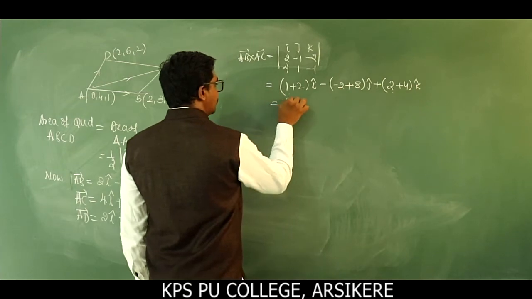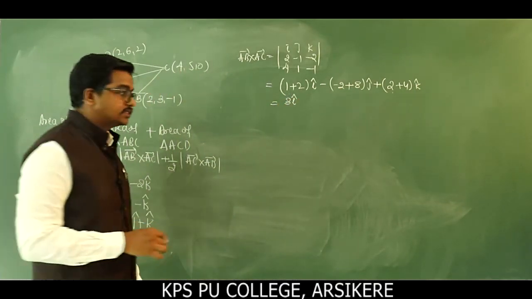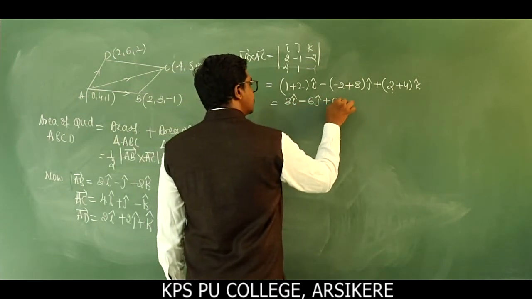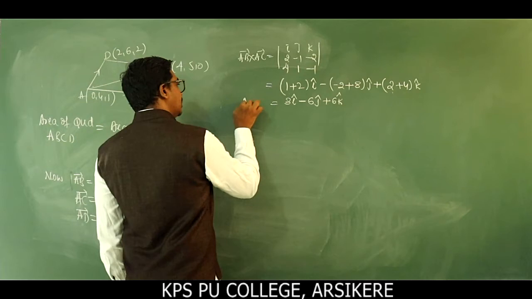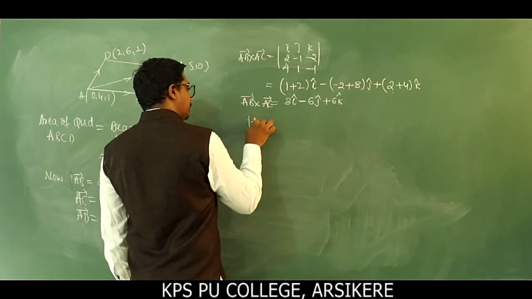So this becomes 3I minus 2 plus 8 is 6, multiplied by minus, minus 6 J cap, plus 6 K cap. This is here AB cross AC. Magnitude of AB cross AC